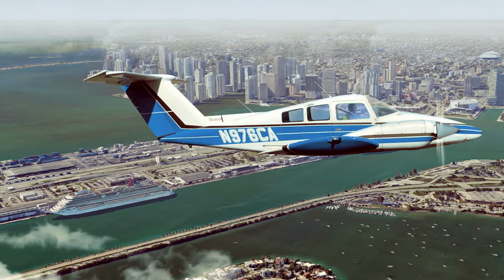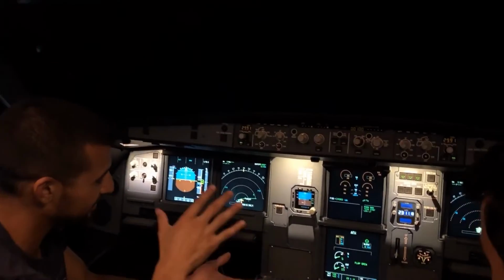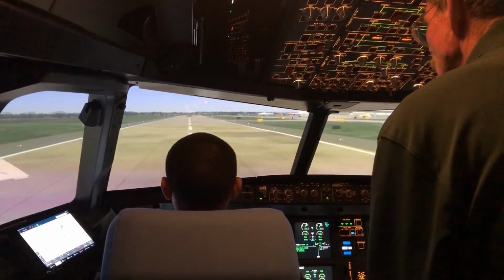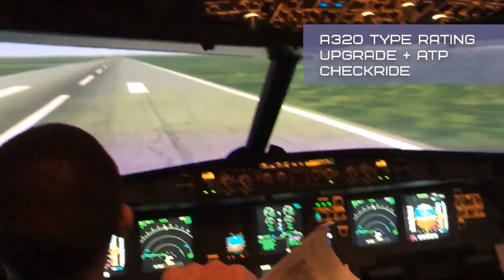For the check ride, you can choose a multi-engine airplane with piston engines like Beechcraft Duchess, for example, or Piper Seminole. Or you can combine your ATP check ride with a type rating if you are a jet pilot. For example, if you hold an Airbus 320 type rating in your country, you need to go through an Airbus 320 upgrade course in the USA and then pass the check ride on an Airbus 320 Level D simulator combined with the ATP check ride. In any case, whatever you choose, you will get your FAA ATP license independent from your local ICAO license.